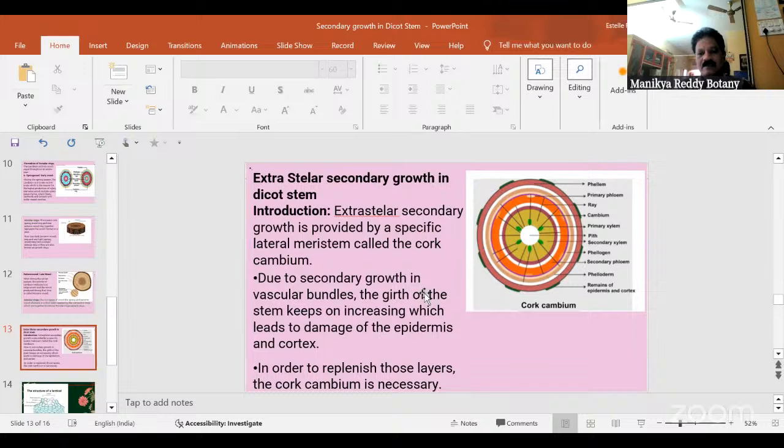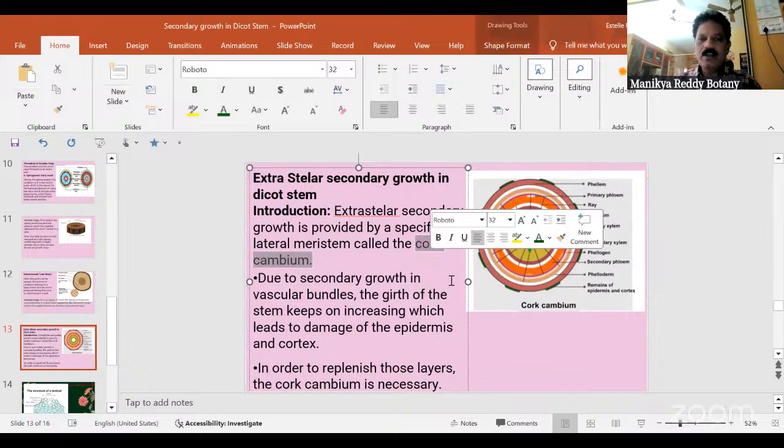Because of the loss of epidermis, the secondary stem has to replace this epidermis with new protecting layers. This growth is called extrastellar secondary growth. This extrastellar secondary growth is carried out by cork cambium. This is cork cambium. Cork cambium is formed